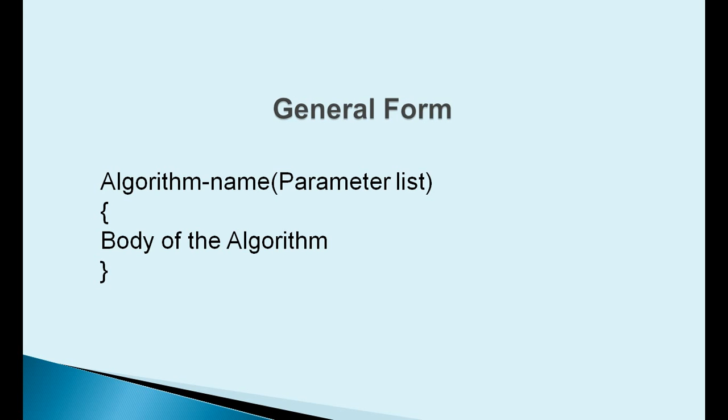In this algorithm context, using Strassen's matrix multiplication algorithm, the time consumption can be improved a little bit. Strassen's matrix multiplication can be performed only on square matrices where n is a power of 2, and the order of both matrices is n by n. Divide X, Y and Z into four submatrices of n by 2 by n by 2. Some matrices are represented. This is a general form of the algorithm.